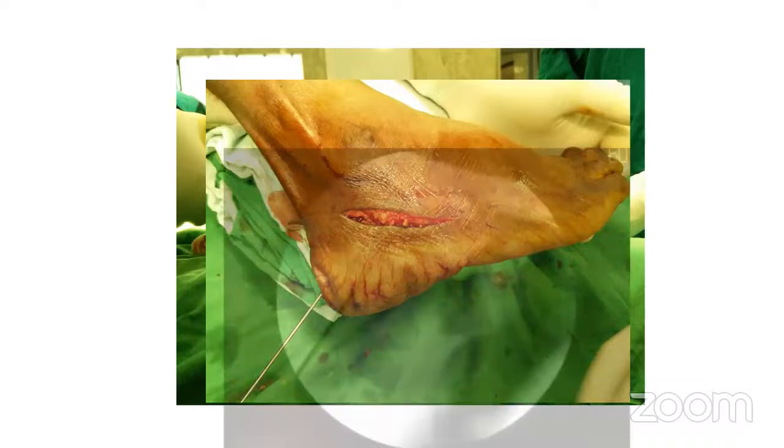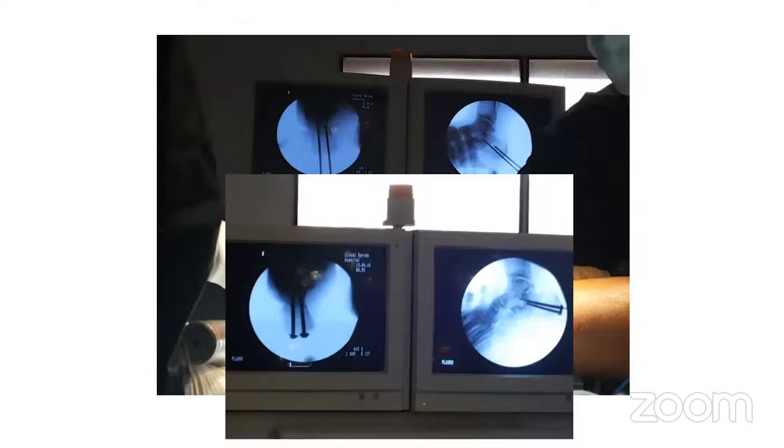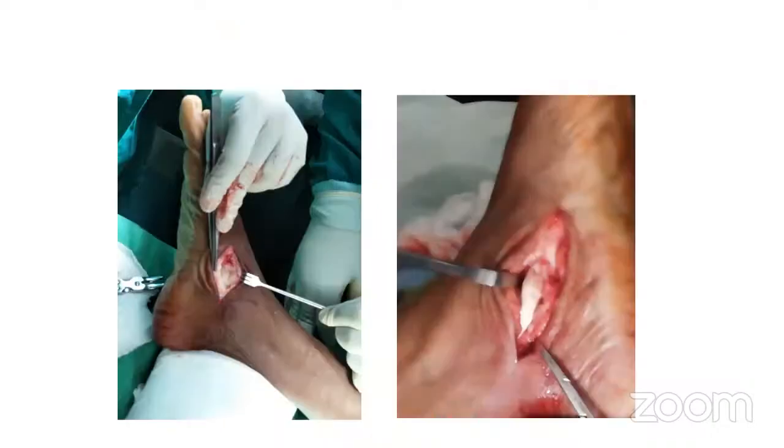So we would need very small length screws in these cases. Once that is held, you can see the amount of displacement that we are able to achieve. We always take the axial view to see how much displacement is achieved, and we can fix it with screws in this fashion. We can displace up to a centimeter, and now there are plates available. I have used these plates also, but I don't have them in these pictures. We can use plates where a fixed amount of medial calcaneal slide can be performed.